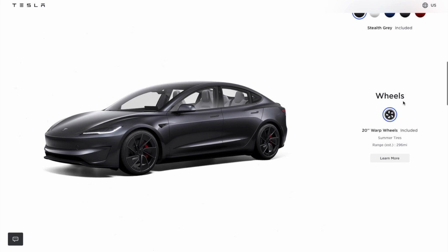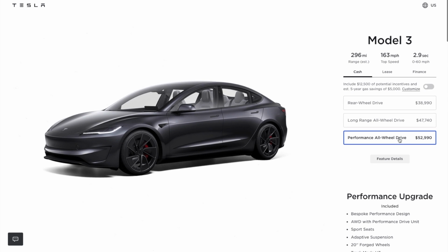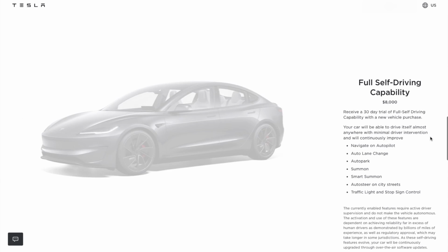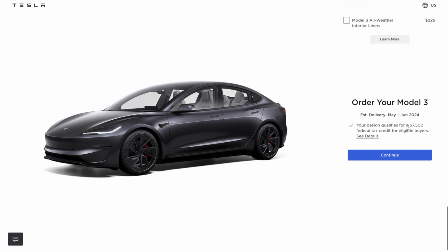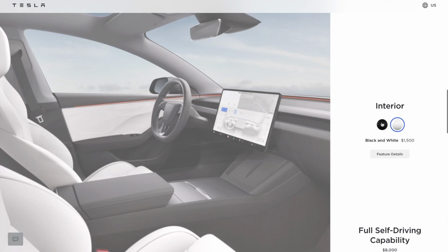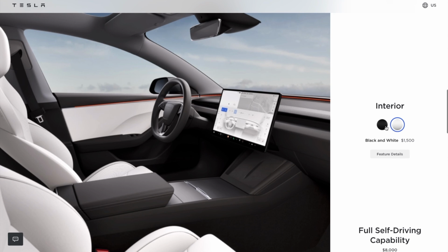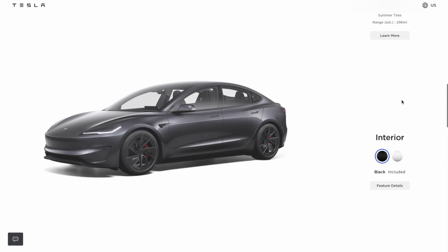But there's a catch. As you can see, I selected Stealth Gray right here. It's free, so it's included with the price, which is $52,990, right? But it shows right here, your design qualifies for the 7,500 tax credit. See the details right here. But when I change to an upgrade, let's say I upgrade to a white interior,